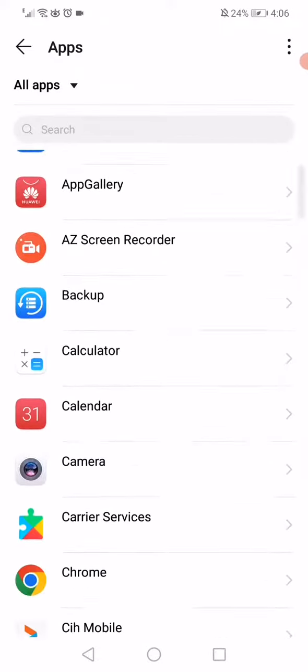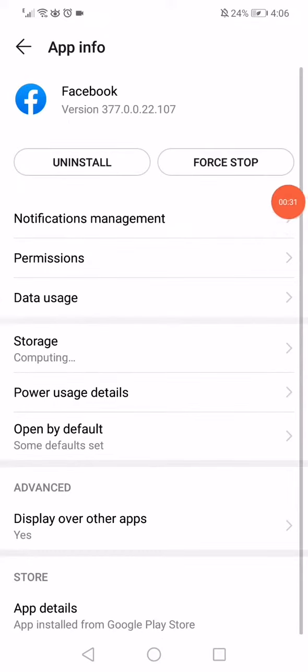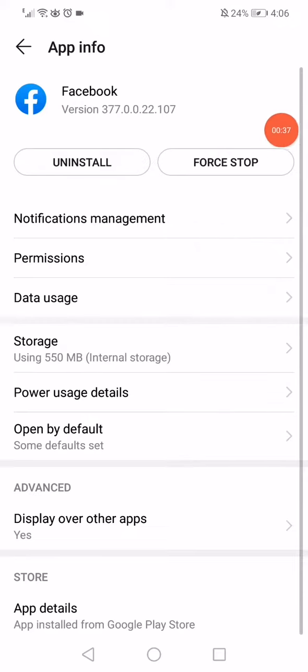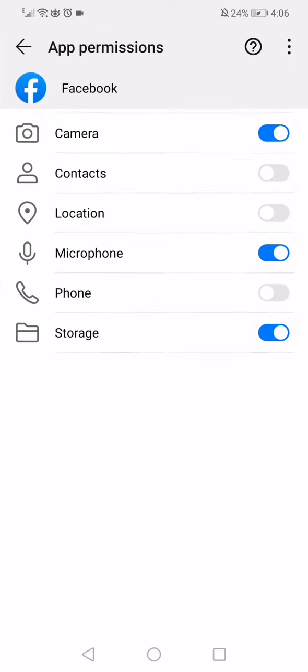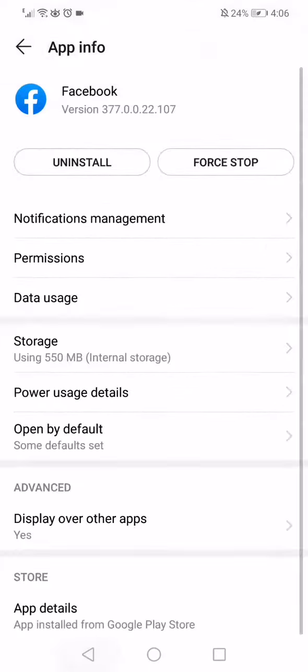All what you have to do here is scroll down until you find Facebook and click on it like this, and then click on this force stop option. And after you click on it, now all what you have to do is simple. Just make sure to go to the permissions and check if the storage is enabled, and after that go back,